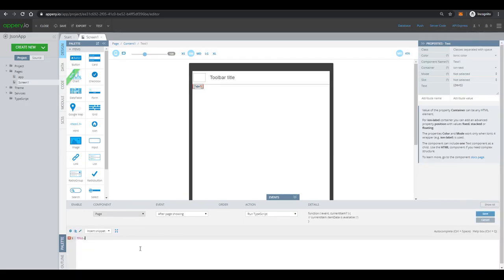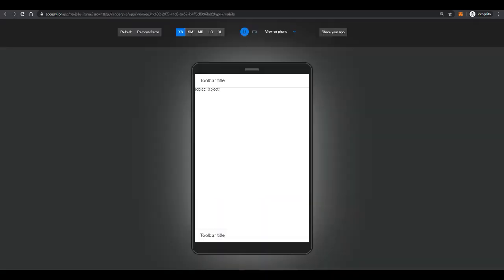and add the following code: this.text equals JSON.stringify(this.object). Press save, save here, go to preview and refresh. So now we see the value of our JSON object, but we want to see it in a structured